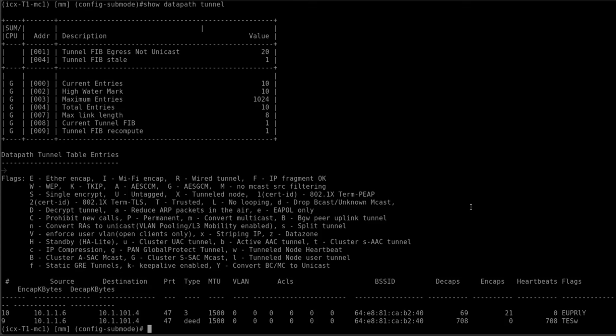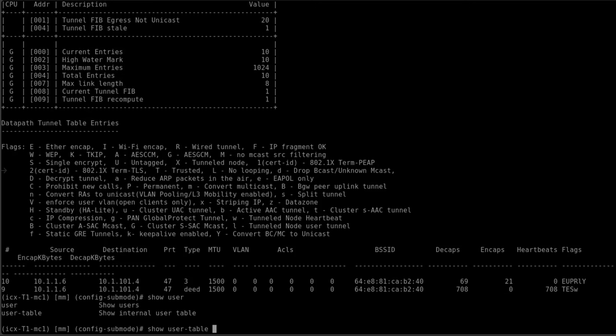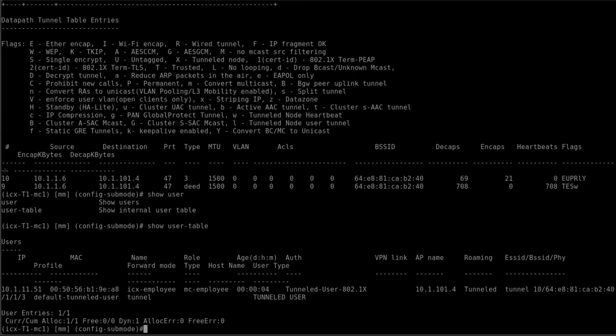Now we can issue the simple command on the controller, show user or show user-table, doesn't matter. We can see the user, in this case that's the IP address of the user, and the name of that user is ICX employee. Forward mode is tunnel, and the role, the gateway role that we have instructed the controller to assign, is MC employee. The MAC address is the MAC address of that specific device,